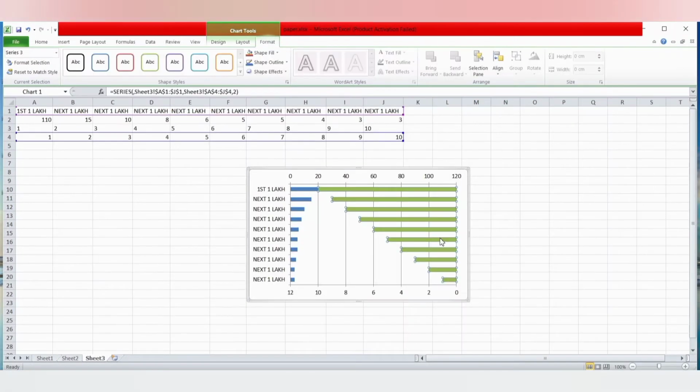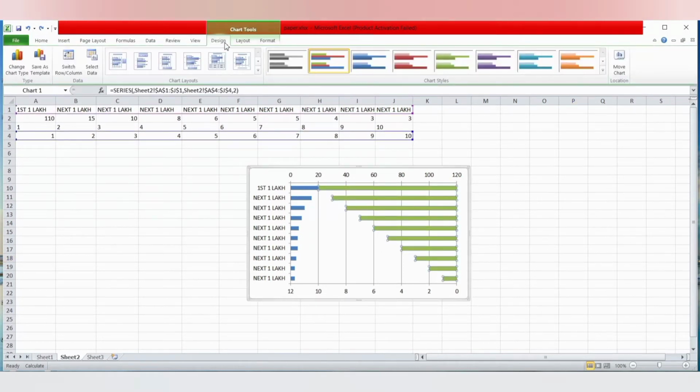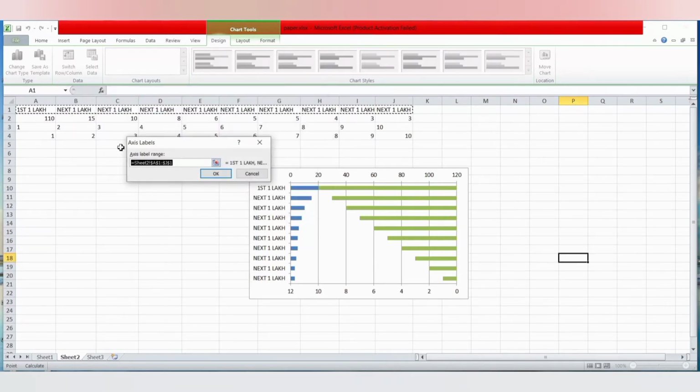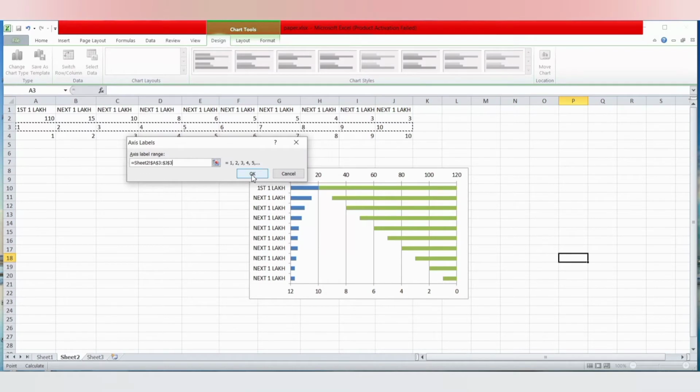Close. When we select this green bar graph, in the data table we can see that the last and the first row get selected. But our graph represents the third and the last row. So we'll select this green color graph, go to Design, select Data. Here first we'll select series 3, then go to Edit, and then click here and select this row. Again click here. Okay.